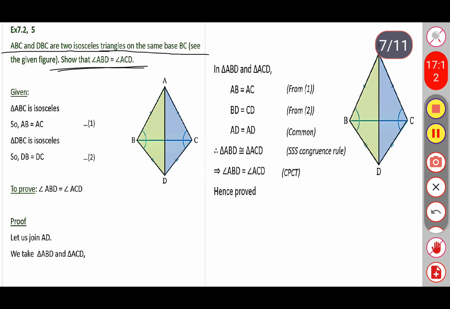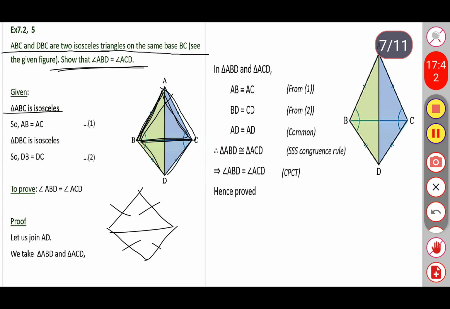What are the given data here? Triangle ABC is an isosceles triangle, ABC and DBC. So this is ABC, the upper triangle. The second triangle is DBC, the lower triangle. You already know, in the isosceles triangle two sides are equal, right? So in the upper triangle, these two sides are equal. Similarly, in the lower triangle, these two sides are equal. If two sides are equal in the isosceles triangle, their corresponding angles also are equal, no?